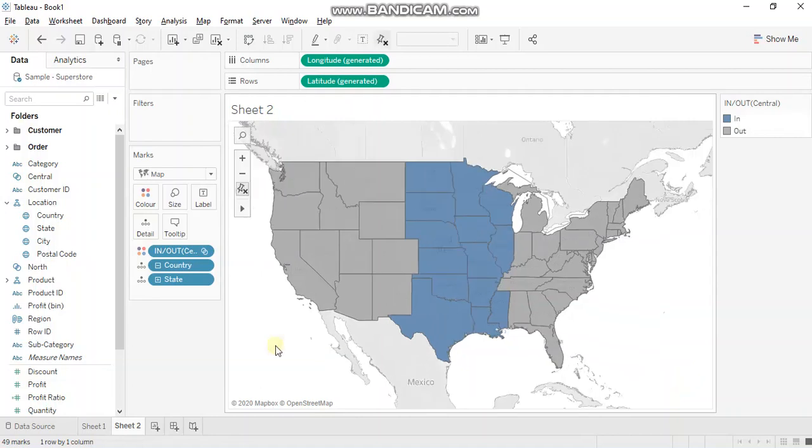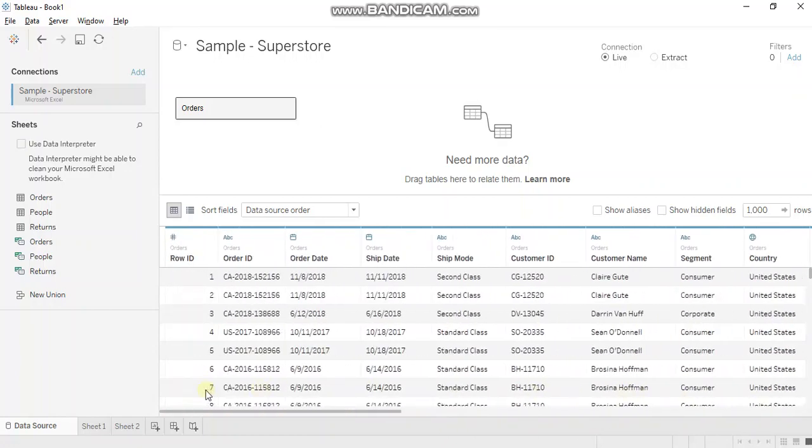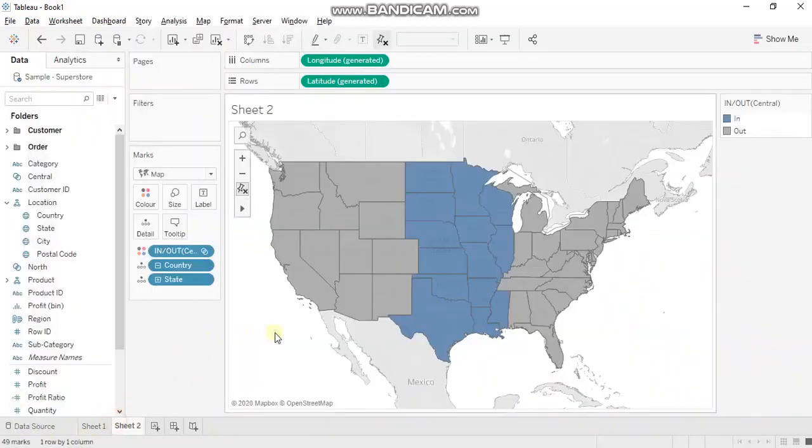That's all. Another difference between groups and sets is that groups occupy space within the data set while sets do not. So if you go to the data source and towards the right, the group that we created was Region and it gets listed over here, but the sets that we created, North and Central, have no mention over here. So sets will come into effect only when they are brought to the visualization, while groups get the fixed values and get listed in the data set.